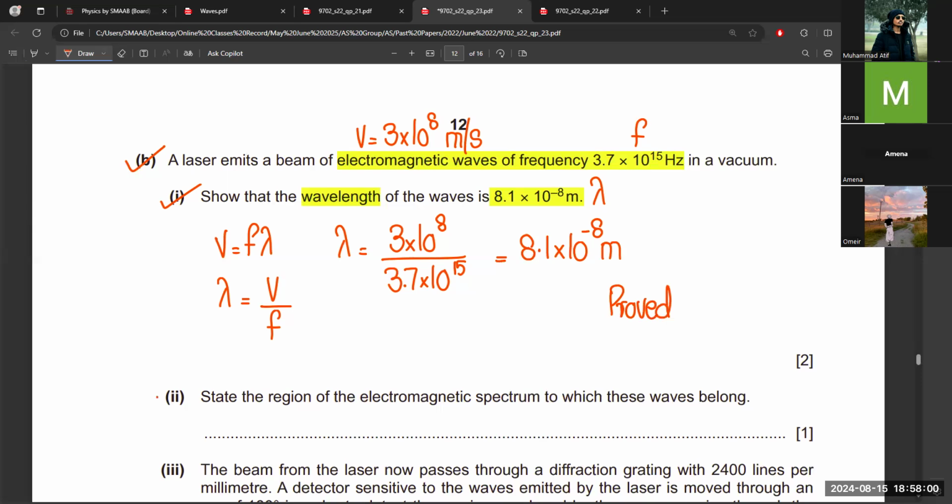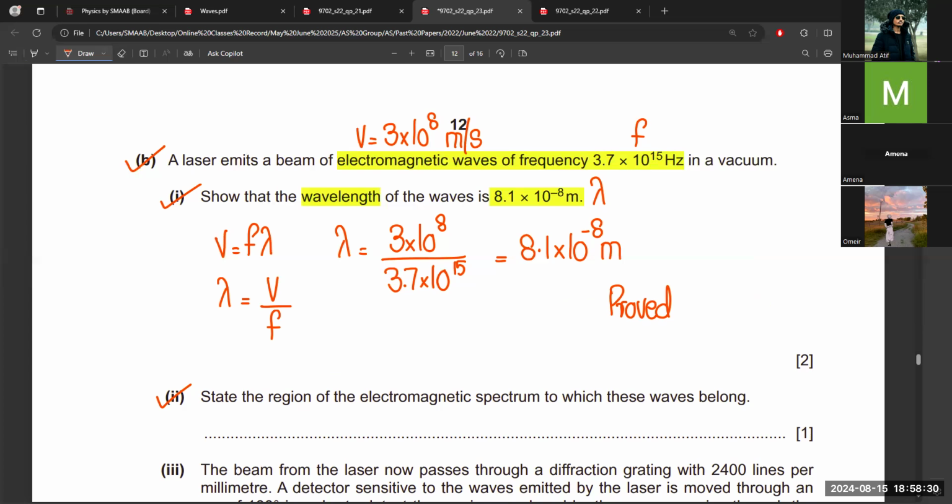Okay, now if we talk about the second part, we studied about 7 different types of radiation, electromagnetic waves: infrared, microwave, X-rays, gamma rays, all these types of radiations. Now, in this AS level syllabus, it is also mentioned that you need to know the values of their wavelength because they will directly ask you about it.